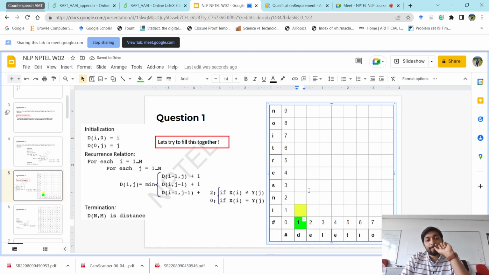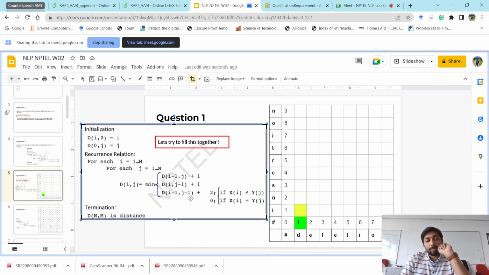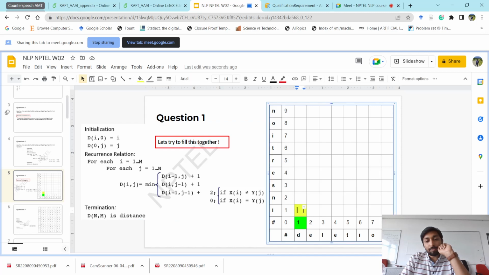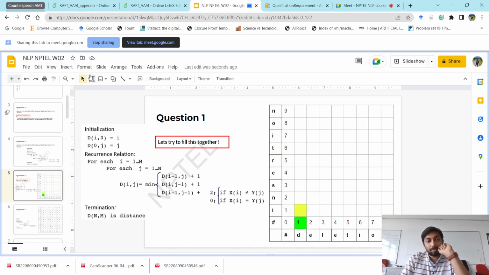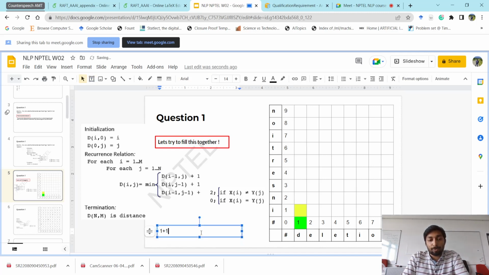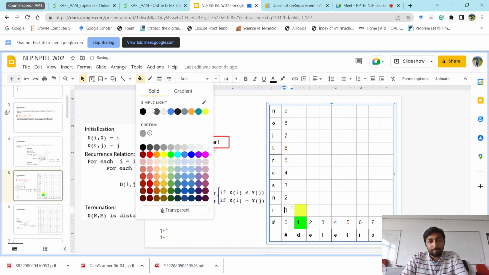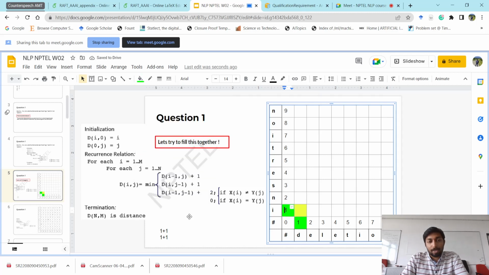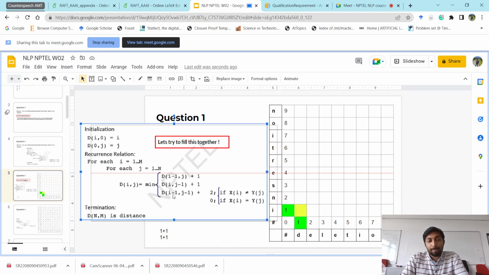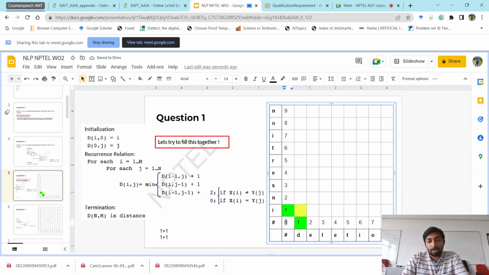right? Now we have to add plus 1. So the first answer is 1 plus 1. Is it fine? Same for d i comma j minus 1 plus 1. So that will also be 1 plus 1, and that will be this column. And for the final one, d i minus 1 comma j minus 1, which cell will that be? This one,